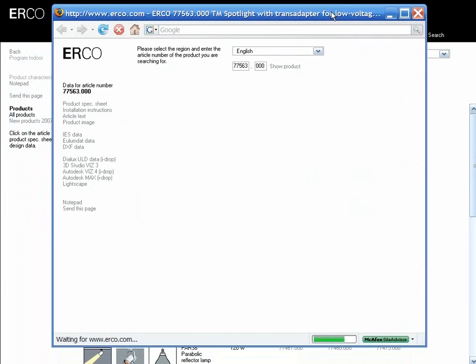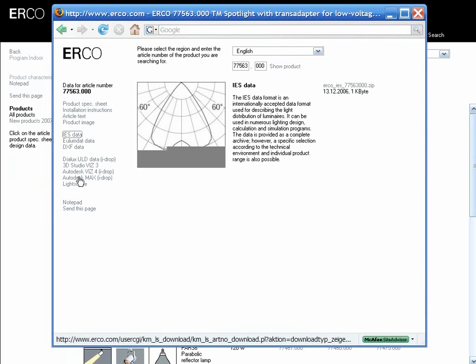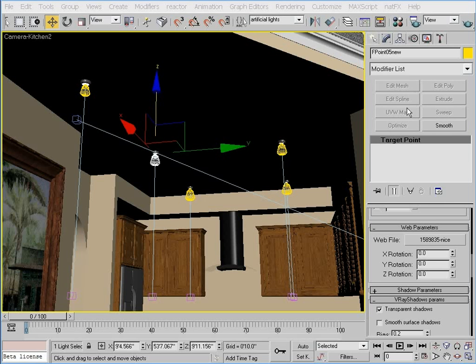When I do, I'm taken to a document with specifications for that particular type of light, and on the left-hand side of the window, I can not only download the IES file that I want to use, I can download a 3D model of that exact light type, and it comes with the frame and all the components of that light. One IES file type that I like in particular for these types of fixtures is one labeled 1589835-nice. It's one that's been passed around numerous different 3D forms. When I make the simple change of loading this file into the light,